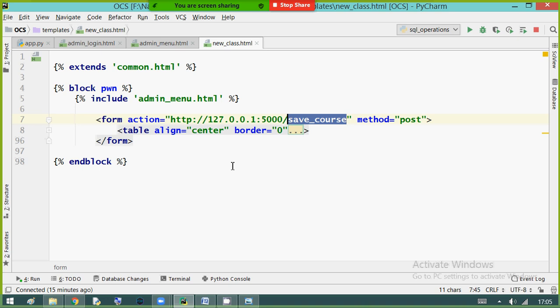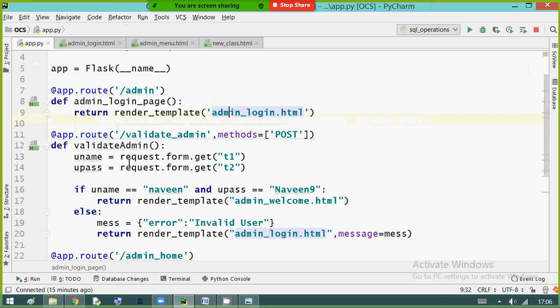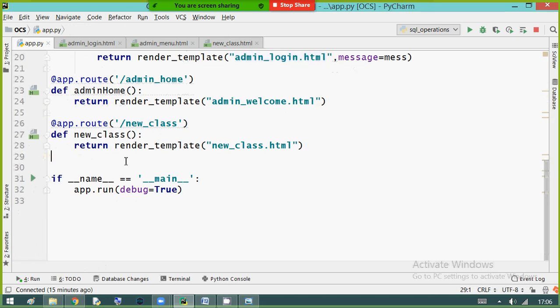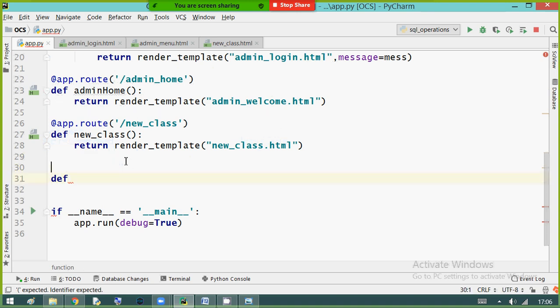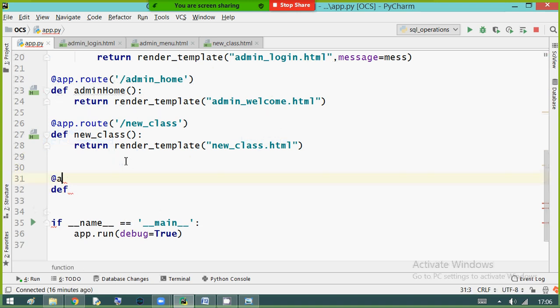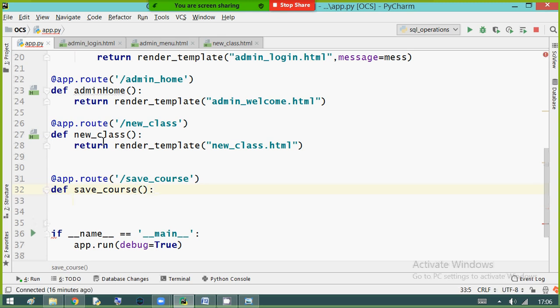The URL means what I'm going to write in the route. So I'm going to define a new function. Before that, @app.route slash save course. Even the function name I'm giving as save course.